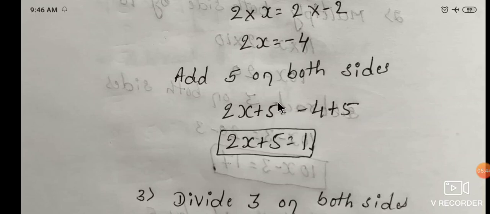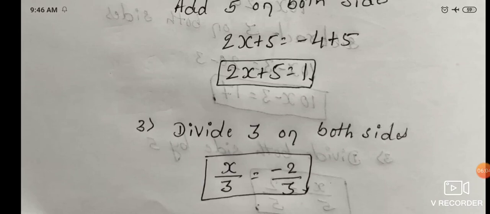So we can't do anything for this 2x plus 5, right? So we should write it as it is, that is 2x plus 5 is equal to minus 4 plus 5, which means 4 from 5 leaves 1, and we put the bigger number's sign. This is also on the basis of integers, that is the number line. If you know that, you will understand how minus 4 plus 5 becomes 1. That's in your first chapter. Next, divide by 3 on both sides. So dividing gives x by 3 is equal to minus 2 by 3.